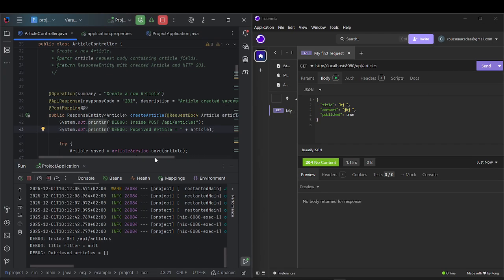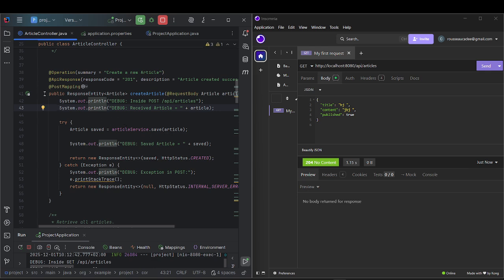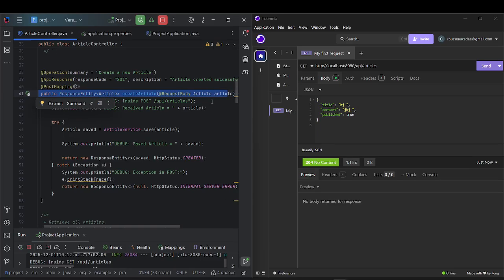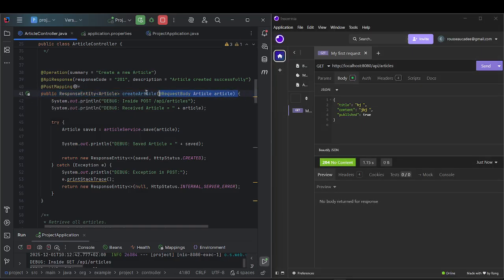Okay, so I'm going to just use Insomnia to demo. Here we have the POST mapping, where we will fill in the JSON format, and here we are declaring the method. Here we're declaring the method: public ResponseEntity<Article> createArticle(@RequestBody Article article). The @RequestBody annotation tells Spring to deserialize the incoming JSON request body into an Article object, and